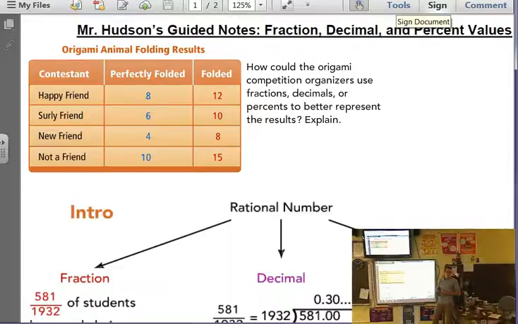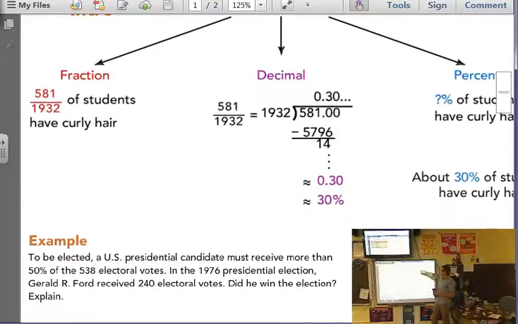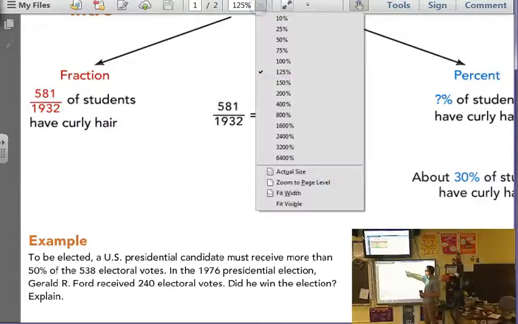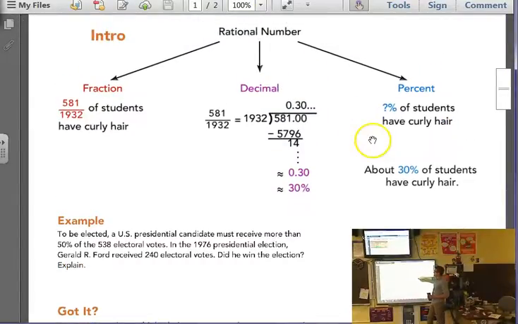Other questions? So a reminder on how we do our fraction decimal percent conversions. When you have a fraction, let's say 581 out of some 1,932 students have curly hair. We're going to say, okay, well, what would that be as a rate? Well, to get the rate, we just do the division. So I do my division, I get 0.30. There would be more numbers out there, but they only want the percent rounded. So we could take this a little bit further, but they find out that 30% of students have curly hair